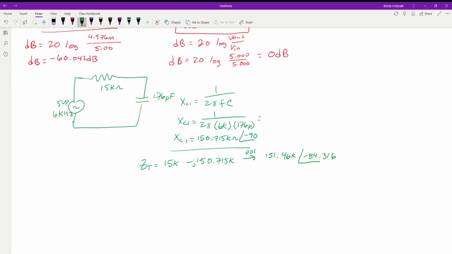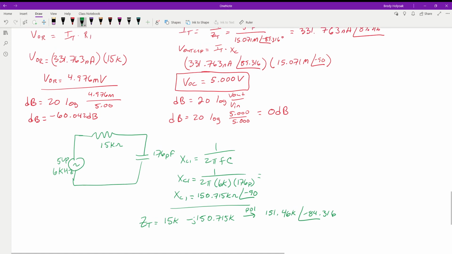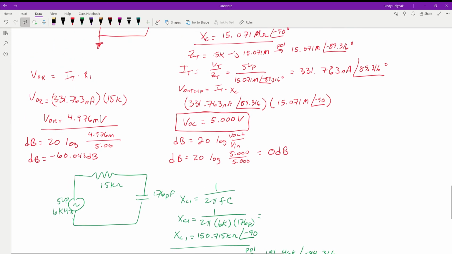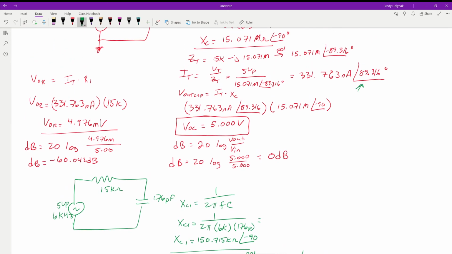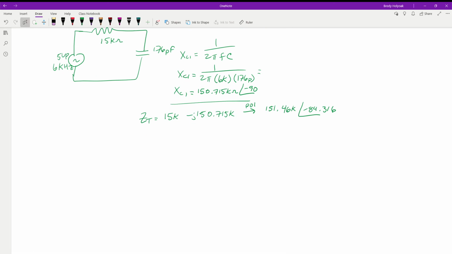So now, and I think I screwed that one up here. I did, but that's not going to matter. This guy up here, this should be 89.943 degrees. So that's going to change all those values when we solve for the currents and everything. But just know that it's still fairly close to 90 degrees based on the capacitor because the capacitor is so much larger than the resistor. So I apologize for that. It's not going to make that much of a difference on our math.